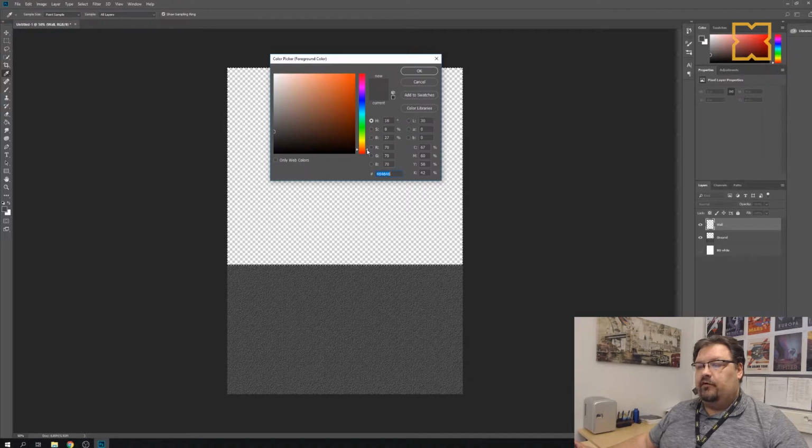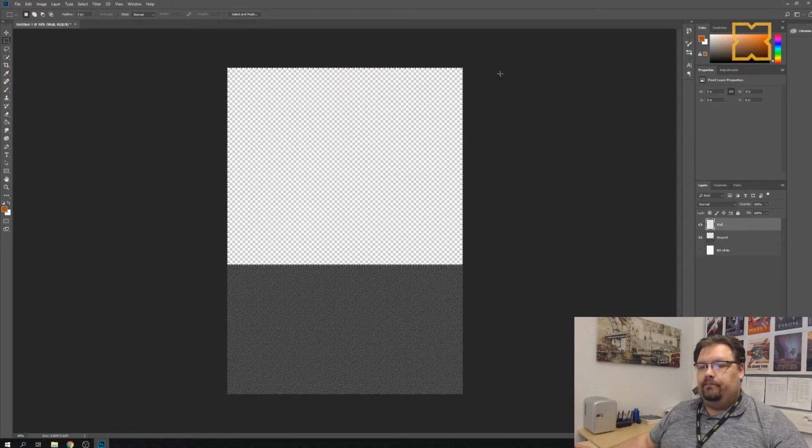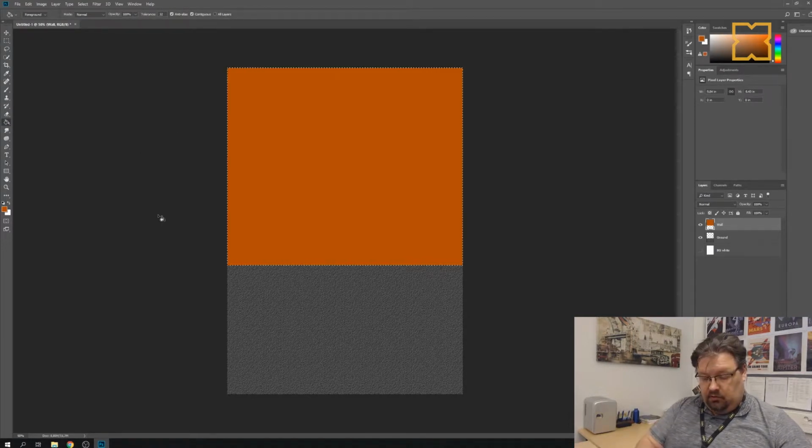So I'll just drag the narrow color selection and drag this one up, so I'll find some that resembles a brick color, red brick, and then press OK. Use the paint bucket tool, click there, Ctrl D or select deselect to remove the selection, and then we can